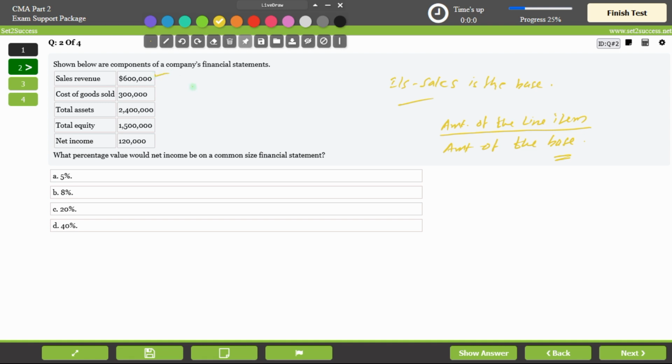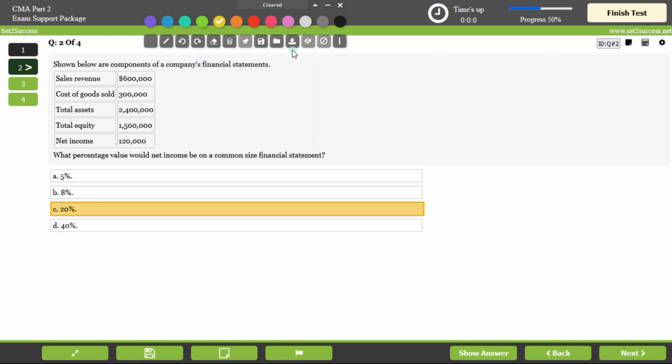So base amount will be 600,000, and they're asking for net income. So net income is 120,000. So 120,000 by 600,000 will give you a percentage of 20%, which is the option C. Next,